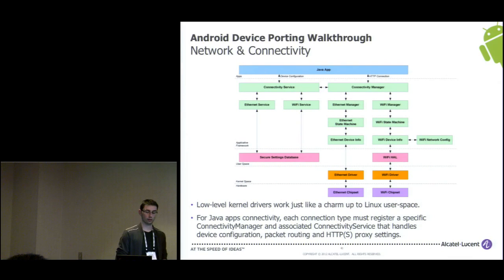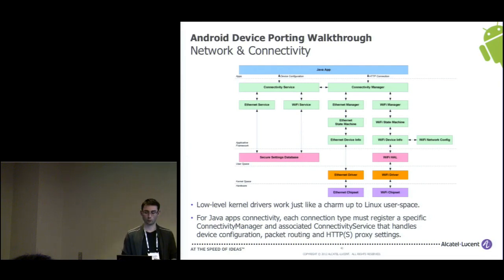One more thing that we have to deal with was the network and the connectivity. This one was a real pain, because network and connectivity within Android is really, really different from what you may expect with Linux. With Linux, again, it pretty much stops here. You have the hardware, you have some Ethernet driver or some Wi-Fi driver, and it works, and everybody's happy.